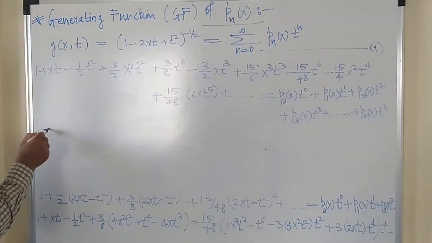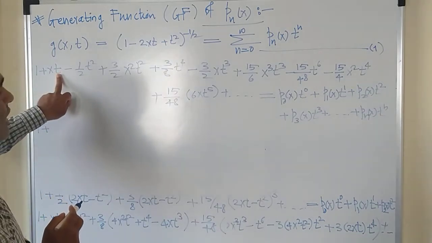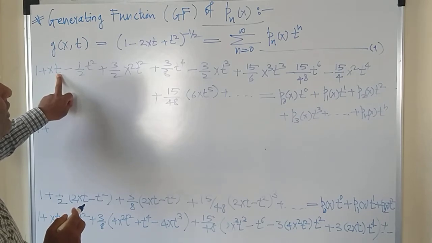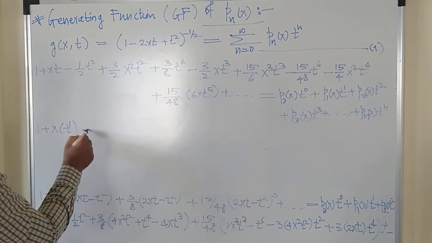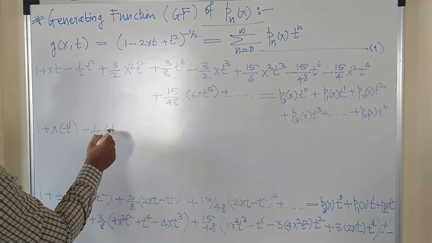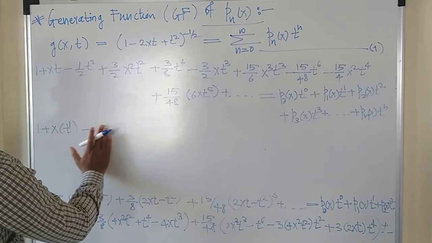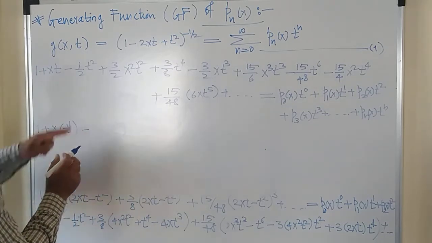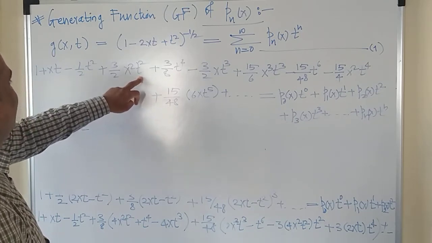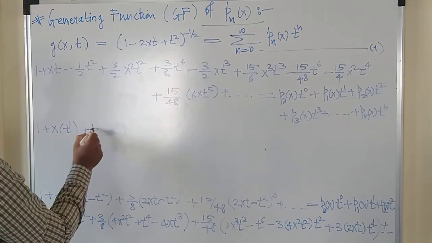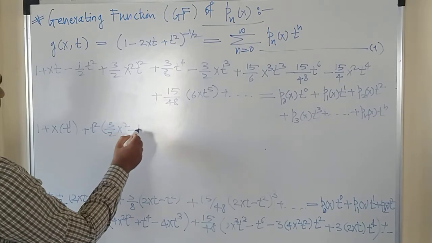So in the next step you will get 1 plus x into t raised to power 1 is here only. Nowhere else can you find t raised to power 1. So x into t raised to power 1 minus half into t square is here. Let me take out t square as a common. Right, so t square is here, and in no other term you are having t square, so you will get plus t square, I will take out common, and inside the bracket I will write 3 by 2 x square minus half.